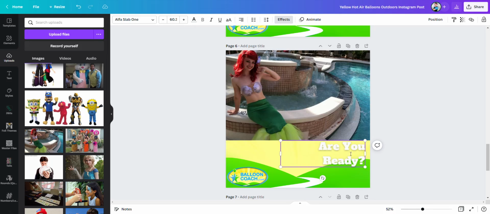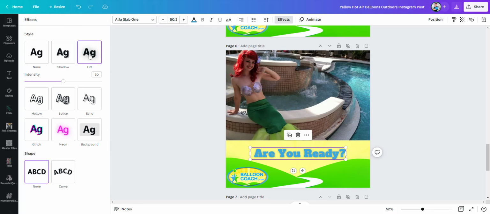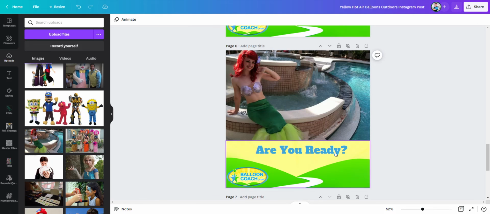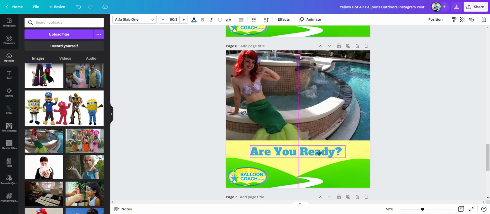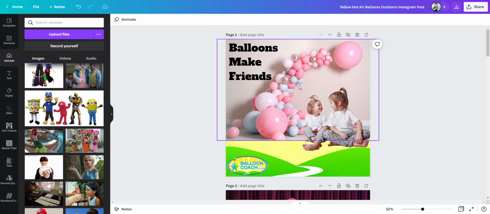Back, space, there we go. Drop this down here, and now we can change the color again to boom. Now we can turn off the effect because the lift looks kind of weird. And then we can even center it so it looks a little more normal. So boom. That's a quick, easy way to make some templates from scratch,